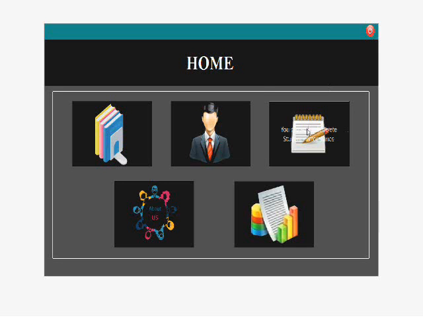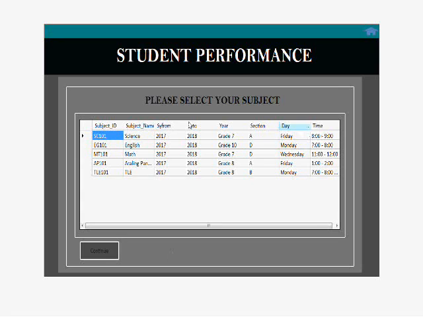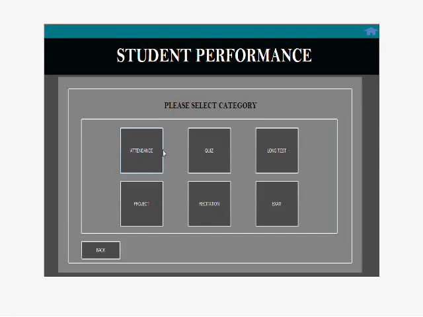and now we are going to add student performance. So we have to click this button for our student and select subject. So we are going to select what we created. TLE 101, continue, and here we have our performances: attendance, quiz, long test, project, presentation, exam.